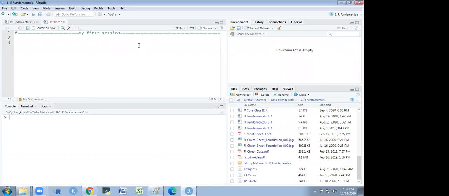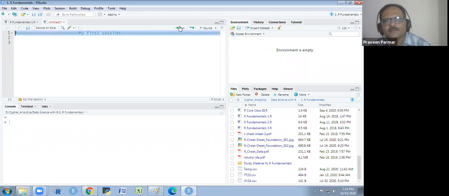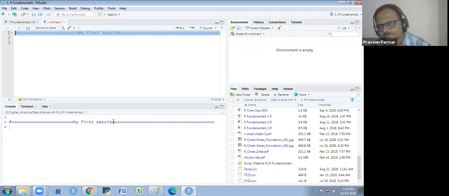Now, if I put the cursor somewhere on this line and try to run this, I will not get anything in the console or in the global environment. It will not affect anything. If I just select it and run it, it just prints that line. It will not take any action on that. Okay.